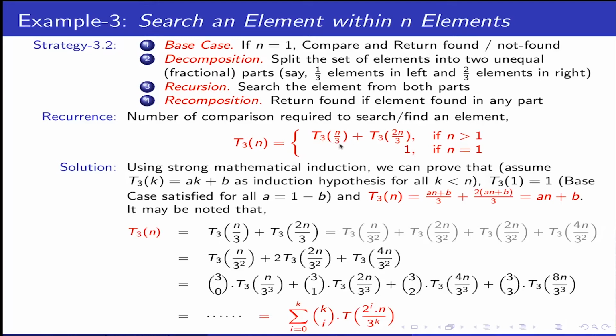See here, this is T(n by 3). In the next round of recursive calls, it calls T(n by 3 square) and also T(2n by 3 square). This gives T(2n by 3 square) and also T(4n by 3 square). So these four terms are T(n by 3 square), 2T(2n by 3 square), plus this. Again, if you recursively call, it increases like a binomial or Pascal triangle type. It adds two of these and produces this one, and so on. So it's 3C0 T(n by 3 cube) and so on. So actually the closed form formula is this.